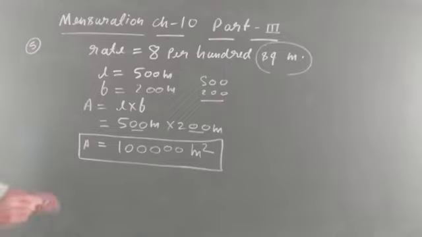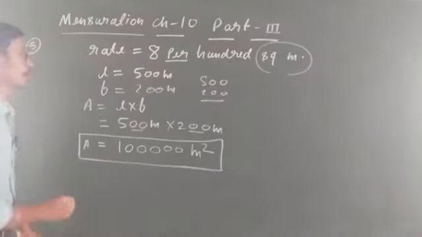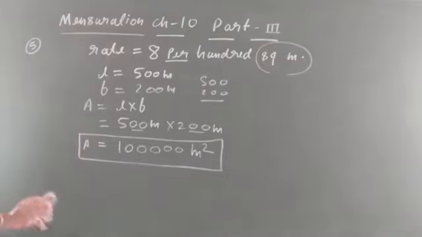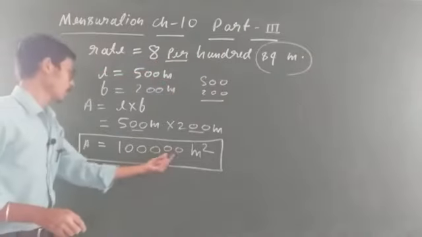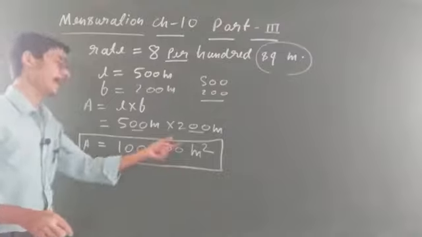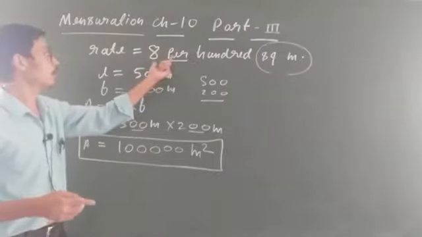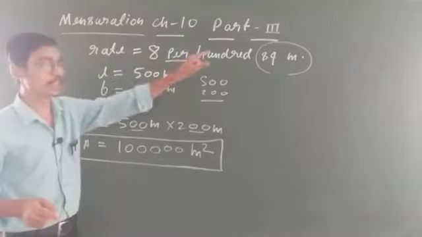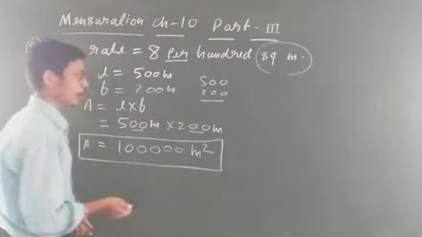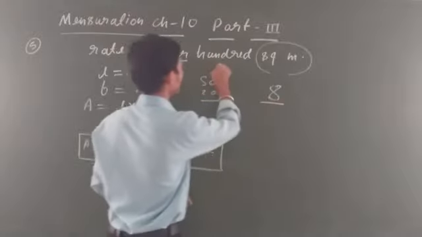ठीक है ना? Okay. Student, you know what is the meaning of this per? Per means divide. Clear? This is a form of divide. So the rate is given as 8 per 100 square meter. It is 1 lakh meter square. Yani the cost of 100 square meter is equal to 8. Clear? So you have to find out the rate as 8 per 100 square meter. 8 per means divide, 100 is given, divide.